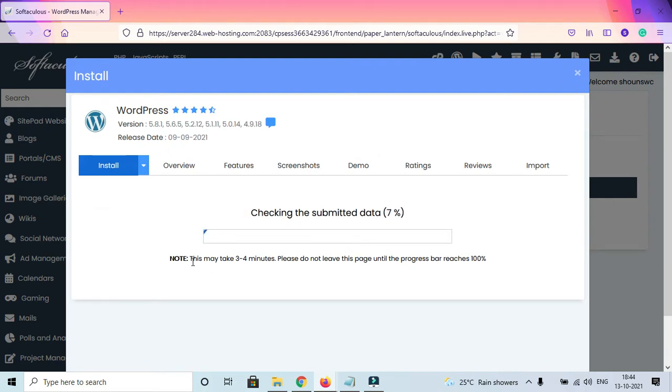Now it usually shows that this may take 3-4 minutes. Please do not leave the page until the progress bar reaches 100%. But let me tell you, it doesn't really take 3-4 minutes. WordPress is one of the fastest, or you can call it the fastest, CMS out there, and it's the most technical thing you can explore when it comes to non-coded web designing, landing page designing, blog designing,